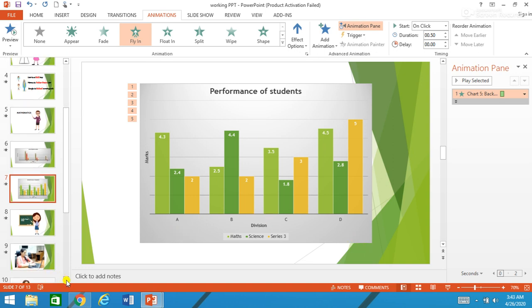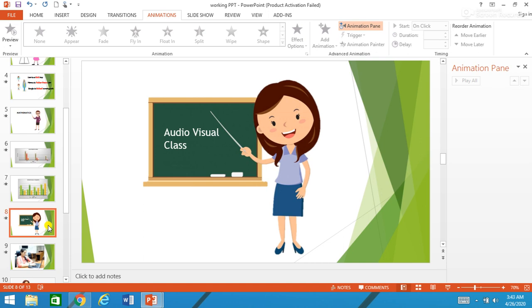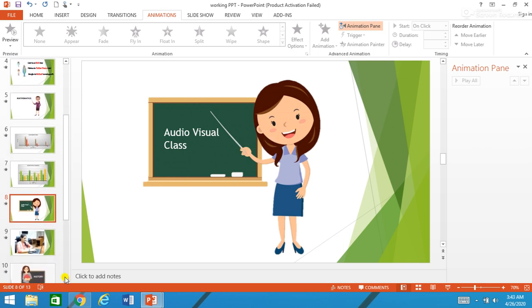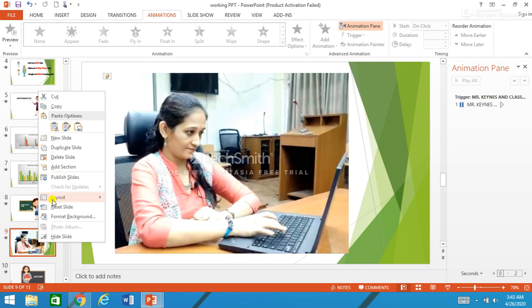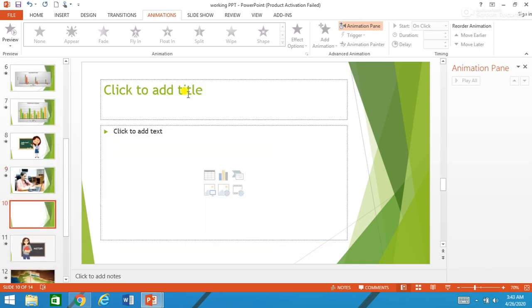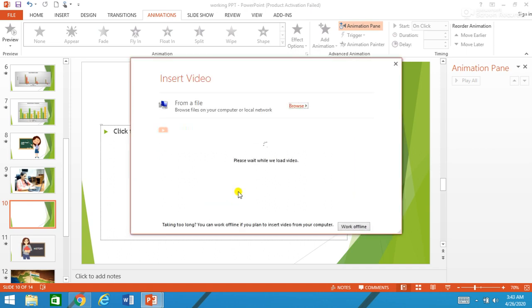Now let me move ahead with the next functions in PPT. This is nothing but a simple downloaded image which I have enlarged here. Now in this AV class, I have inserted one video. I'll tell you how to insert a video. For that, let me create one new slide. I don't want to give any title to the slide, and in this click to add a text box, as I told you, there are shortcut options available. So if I click on insert video here,